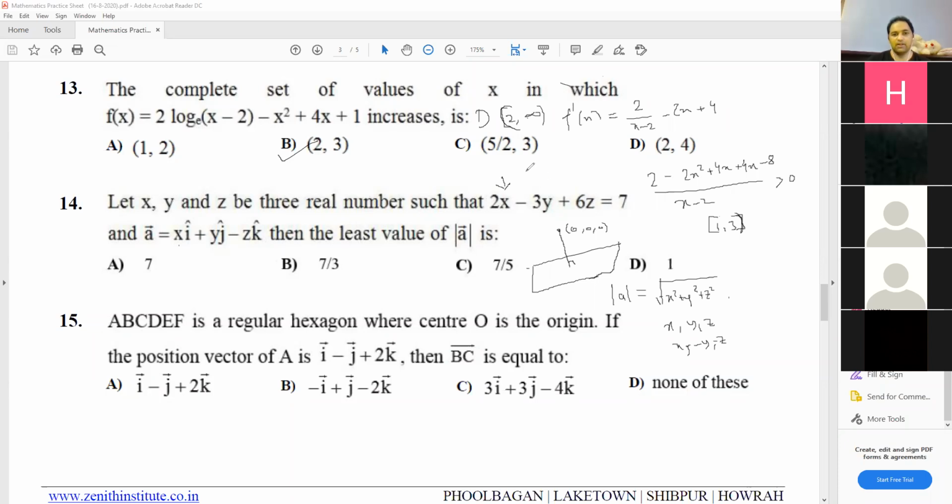Take the point minus x, minus y, z. Can we say that this point will satisfy this equation? Taking minus 1 and x, y, z as 1, 1, 1, 7 will come, right? Look at the coefficients: this becomes plus, this becomes minus, so 3 plus 6 is 9, minus 2, gives 7. So can we say that this point will lie on the plane?